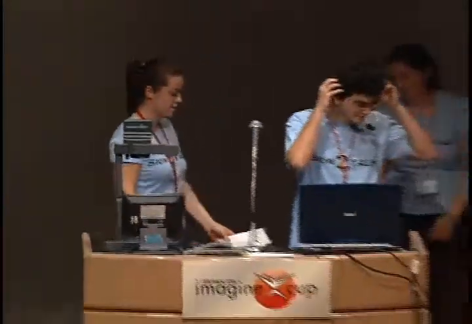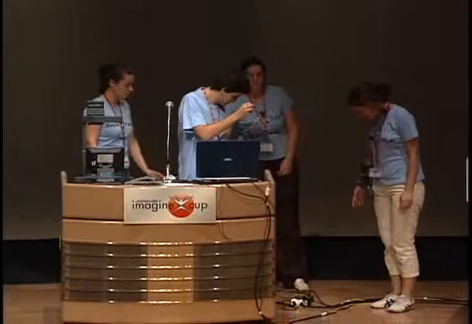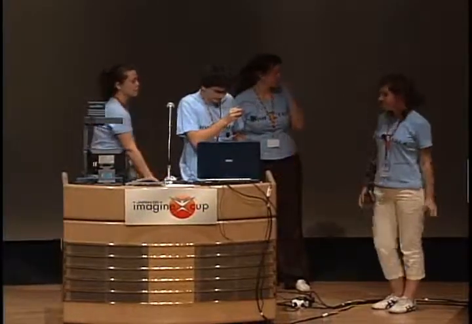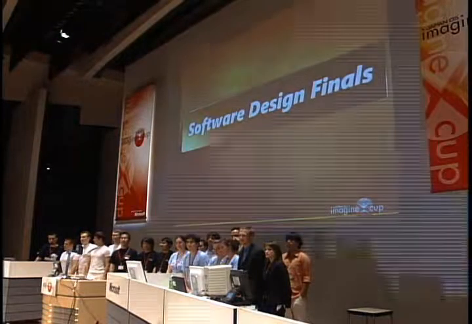I'd like to bring all the software design finalists team up. So Russia, China, Slovenia, Brazil, and Germany, please all come up on stage. Well, thank you guys for presenting today. I know it's been a really, really tight schedule. You found out about this last night at 9:30, and I think it's just absolutely amazing that you pulled this